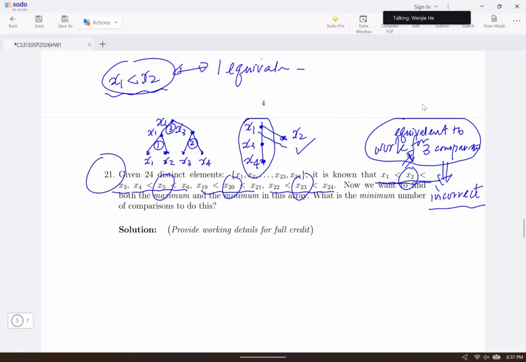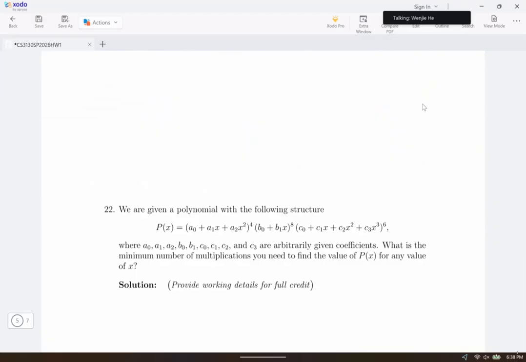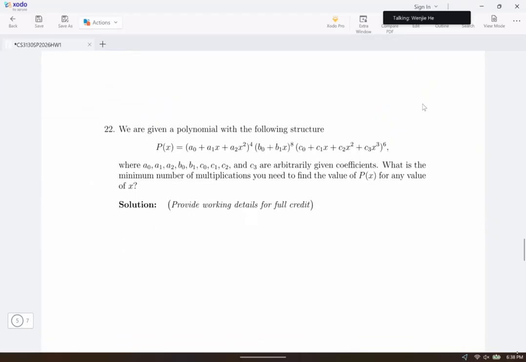Equivalence. Oh yeah, here I use too much time, so let me try to... oh yeah, this number 22, there is a big problem, very common. Many students, some students use capital A to represent the part inside the first parenthesis, capital B inside the second parenthesis, capital C. That's okay. Then you need to calculate A to the fourth times B to the eighth and C to the